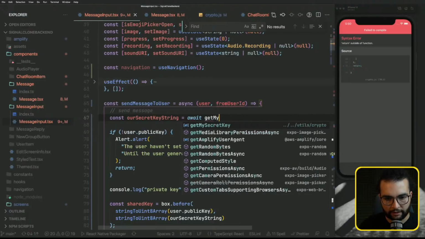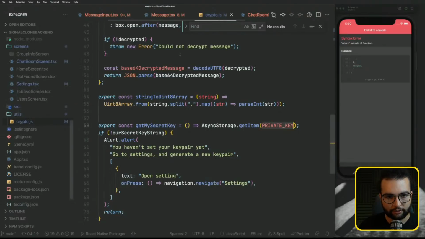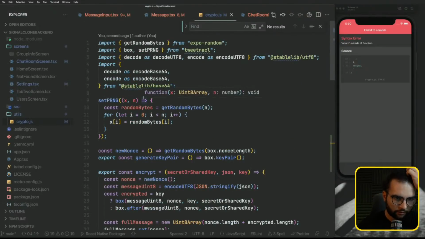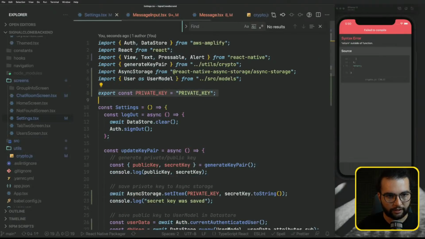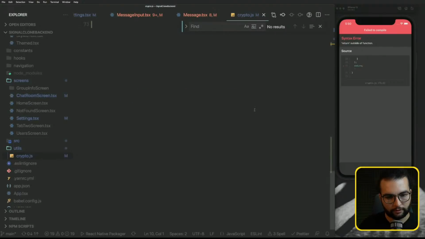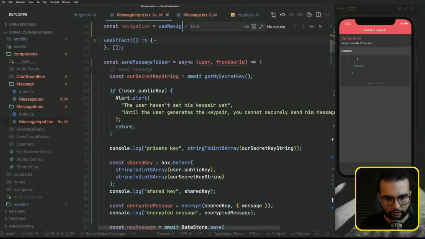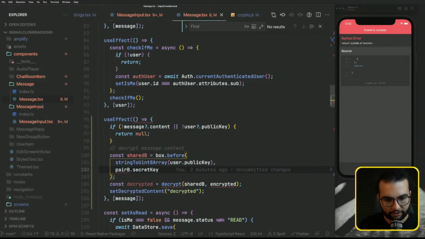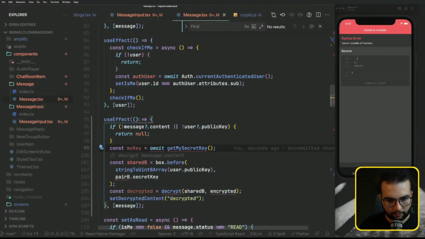get my secret key. And let's move the private key from here to crypto. Settings, let's copy this from here to crypto. And yeah, get my secret key. And the same thing we will do in the message. Const my key equal get my secret key. It's asynchronous, so let's